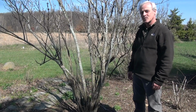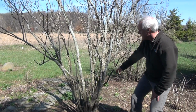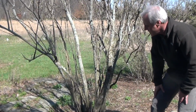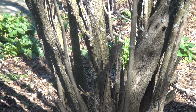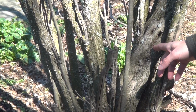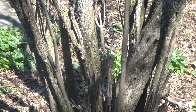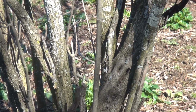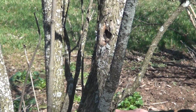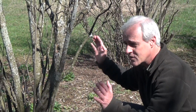of a small tree. Another reason for pruning lilacs is that some of the older stems eventually start to get a lot of dead areas, like right in here. These are caused by an insect called lilac borer. They feed under the bark and they start to kill areas under the bark, and eventually the main stem might totally die. So if we can remove some of these older stems, we can renew this plant, get rid of some damaged stems, and create a bush that is more full all the way to the ground and full of